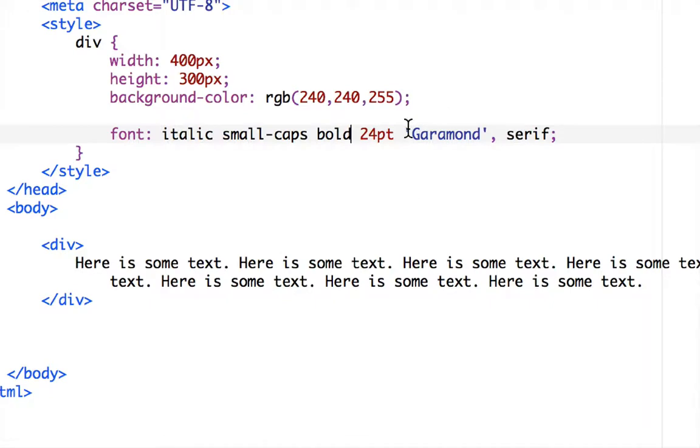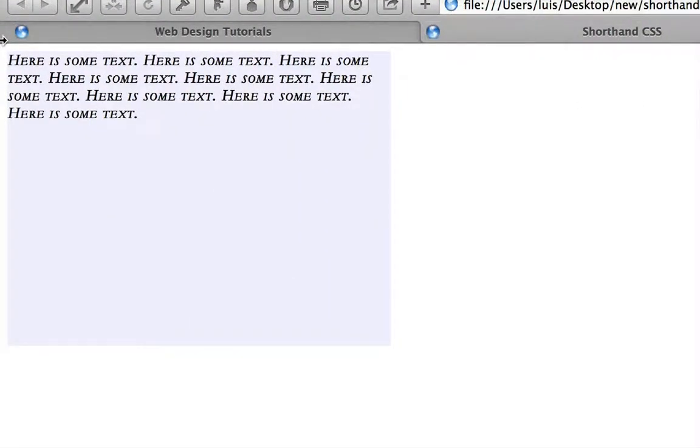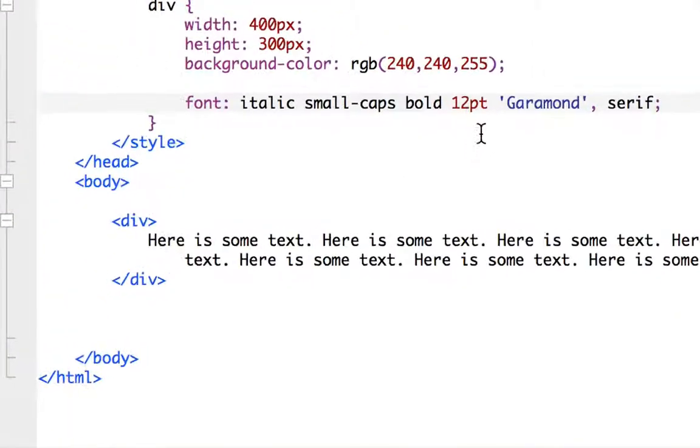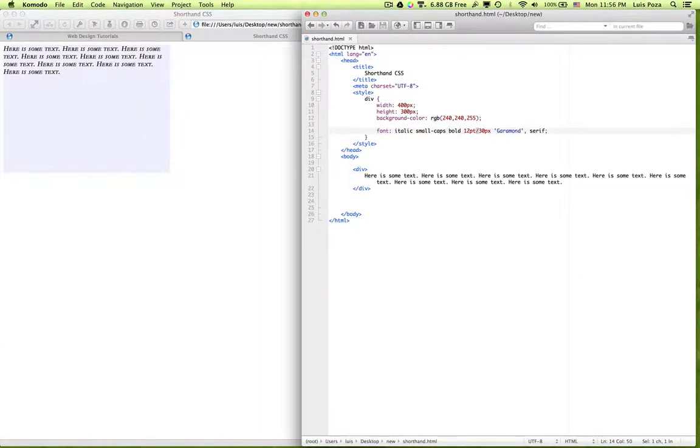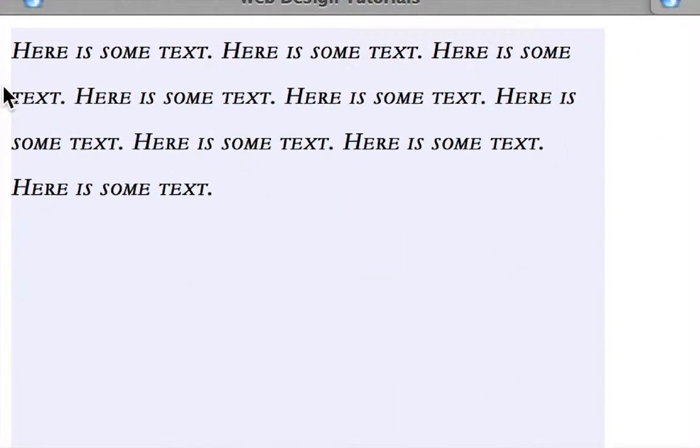And I can do something else too. I can give line spacing. Now in order to do this, I should make it a smaller size, because otherwise we're going to break out of that box. So I just changed it to 12 point text. But after the text size, if you put a slash and then say 30 pixels, this is the line height. You have to put a slash after the font size, and the font size is required, so you're always going to have the font size. So after the font size, just put a slash and 30 pixels and reload, and there we have 30 pixels